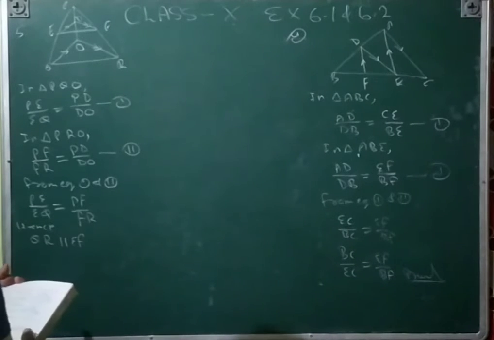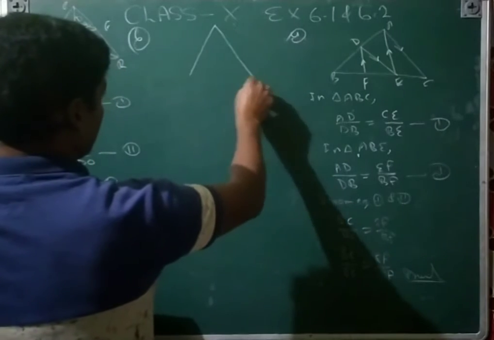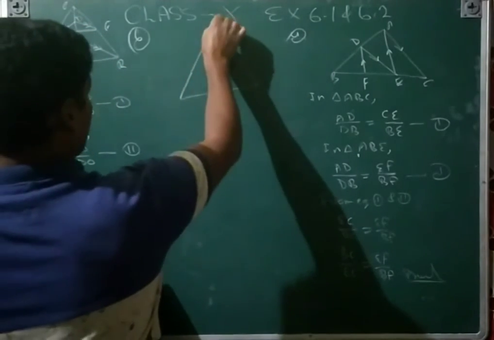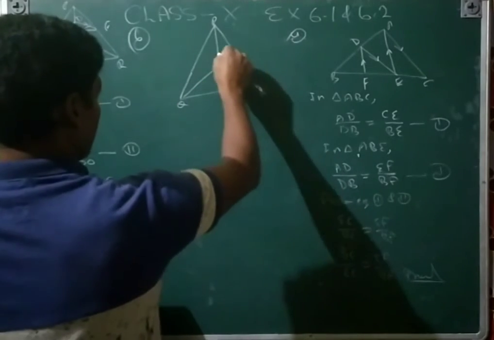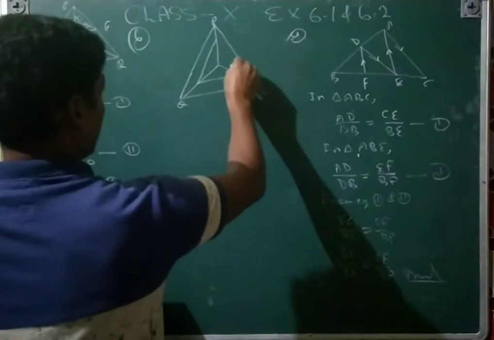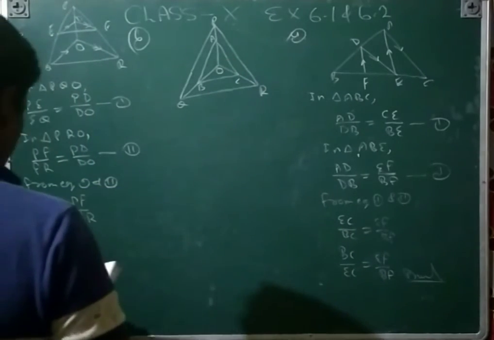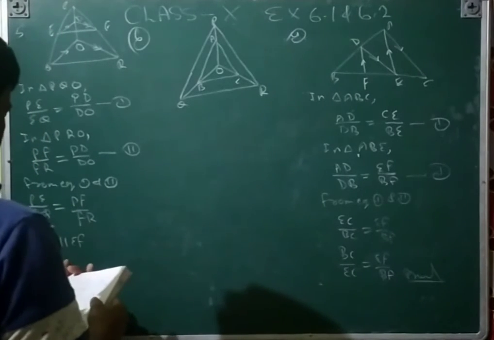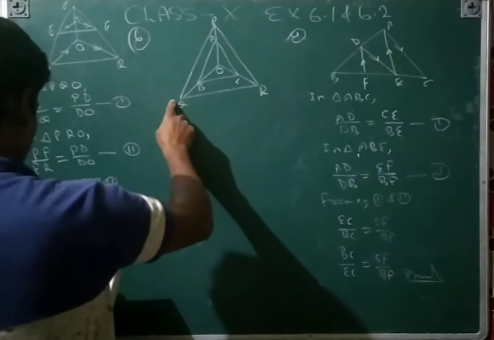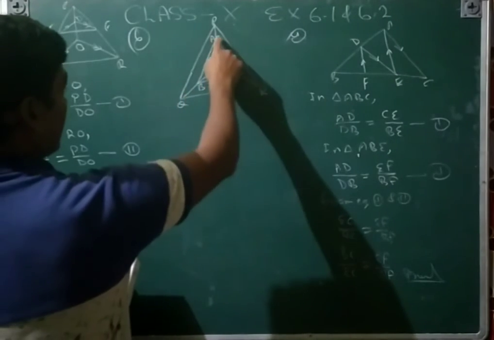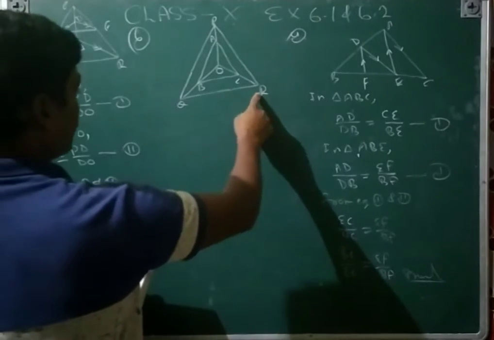Next, the sixth diagram is there. This is the PQR, and then one more triangle is there, ABC, and then this is the O. In fact, ABC are the points on PQR respectively such that AB parallel PQ, and AC parallel PR, and then BC parallel QR. We need to show that.